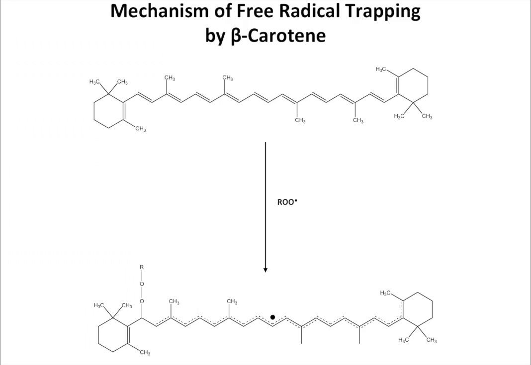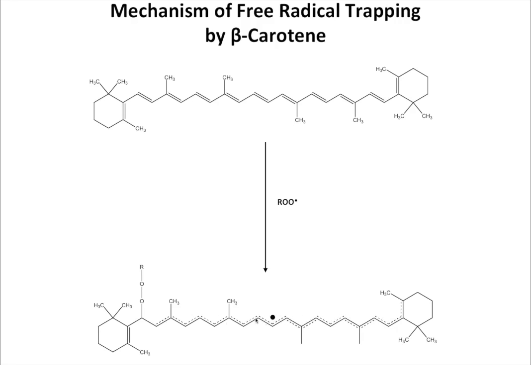And the way that these work is if you have a free radical species, again, we're using the example of a lipid, we're referring again to ROO dot. R would be the rest of the lipid molecule. You would have this OO dot species at some point. And the way that beta carotene works is that it actually acts as a radical sink, where you have that conjugated structure that's shown here. And it basically traps the radical